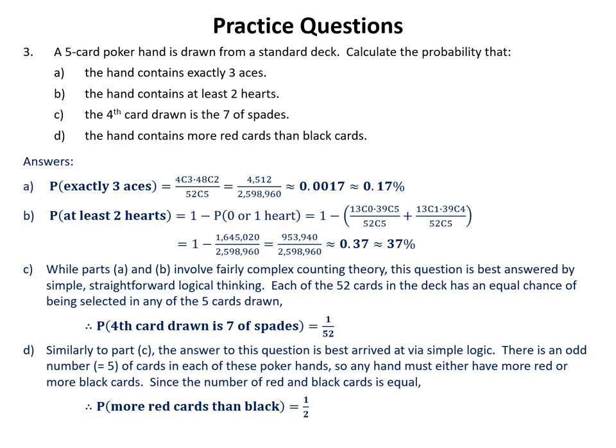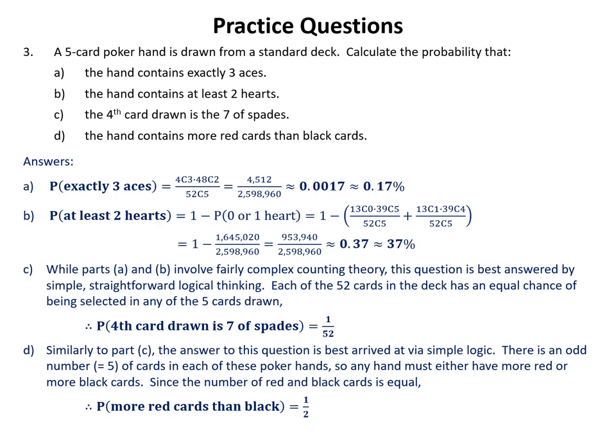4,512 over 2,598,960, which rounds to 0.0017, or approximately 0.17%. For part B, the probability of getting at least 2 hearts, the way we start with this one is